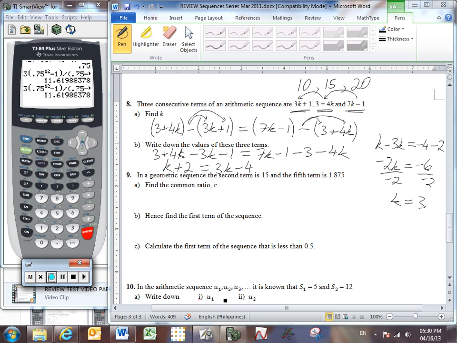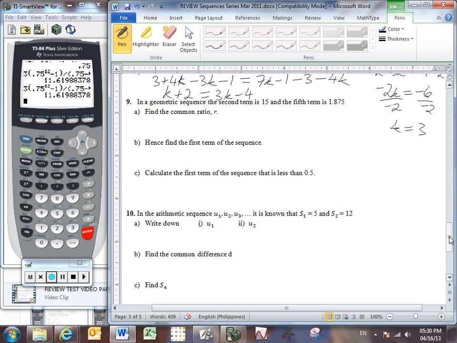Alright, let's look at the last three questions on the sequences and series review sheet. So number 9, they've told us that in a geometric sequence the second term is 15 while the fifth term is 1.875. Let's write down this information. They've said that the second term is 15 and the fifth term is